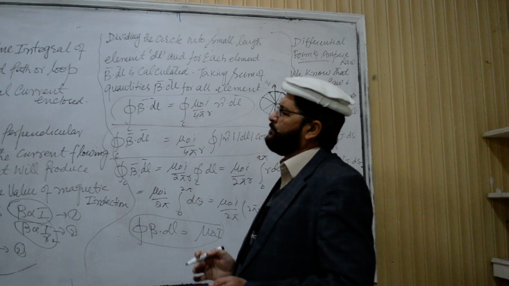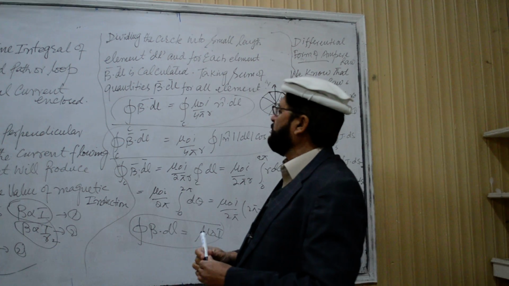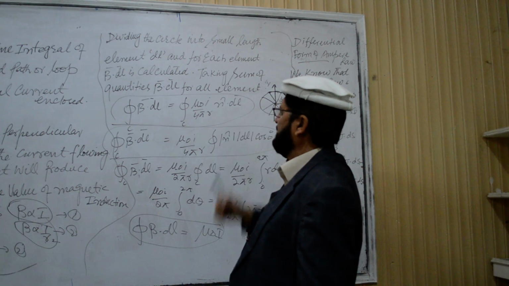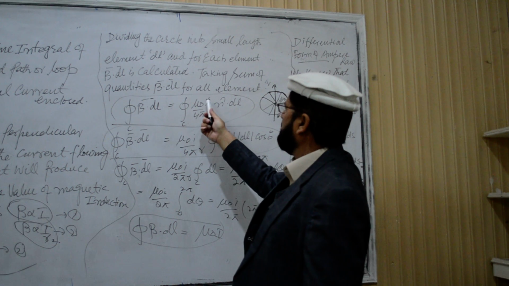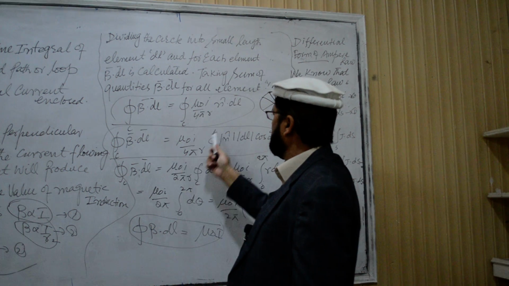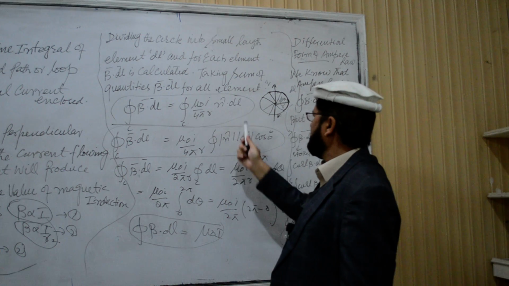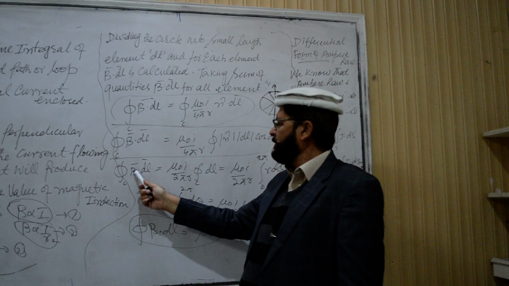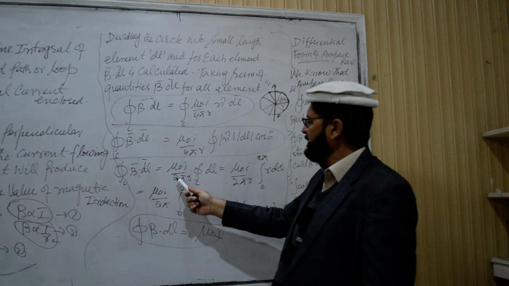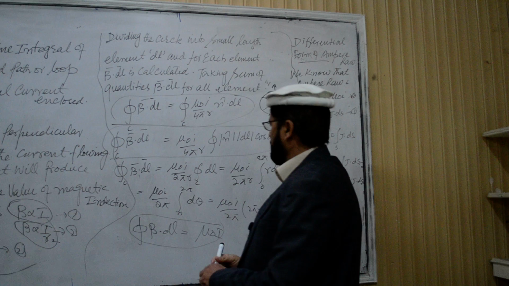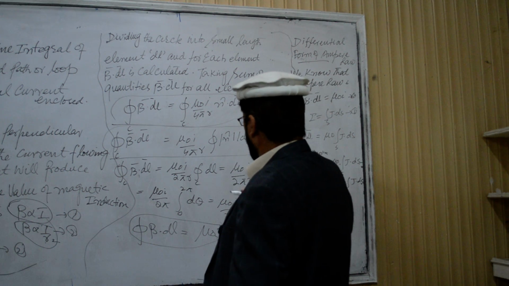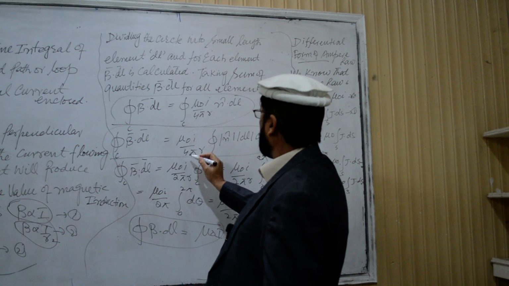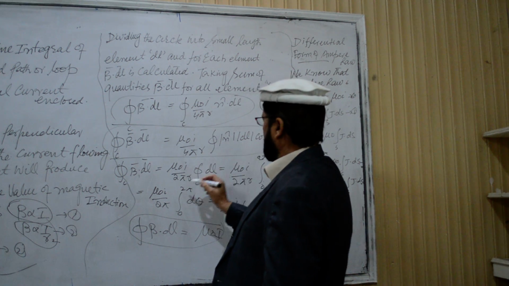Then from there you see the integral on closed path b dot dl is equal to mu naught I n unit vector dot dl, taking mu naught I divided by 4 pi r out, integral on closed path n unit vector dot dl cos angle 0, so you will get integral on closed path b dot dl is equal to mu naught I divided by 4 pi r, 2 pi r,